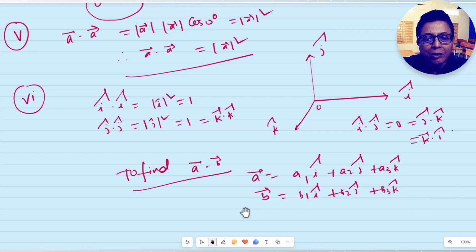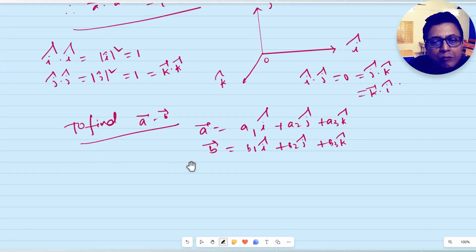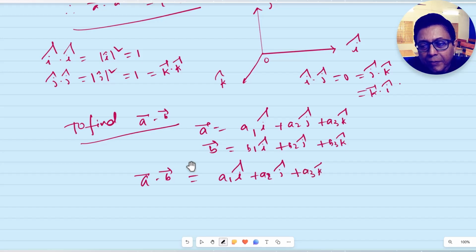What about i dot i? That we have learned. So when you are taking the dot product here, A dot B is going to be A1 i plus A2 j dot B1 i,